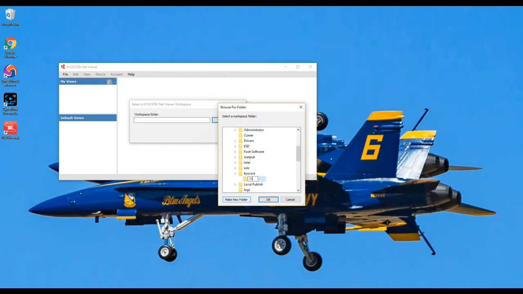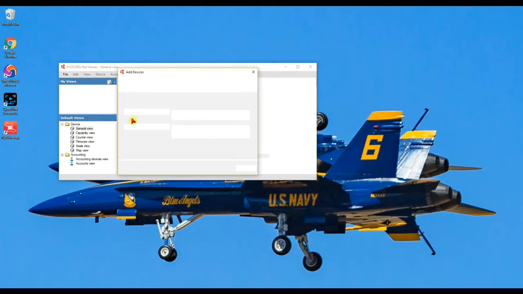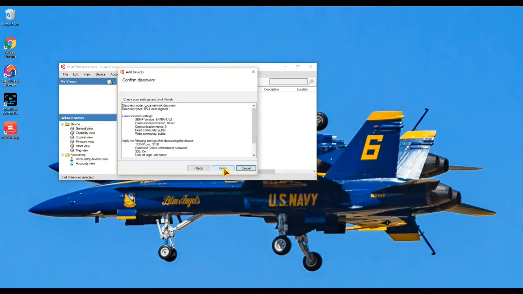So let's see, 11/21/18, and we'll just do like workspace. Tell it OK and OK. It is now going to go into a discovery mode. We will just tell it express, finish,